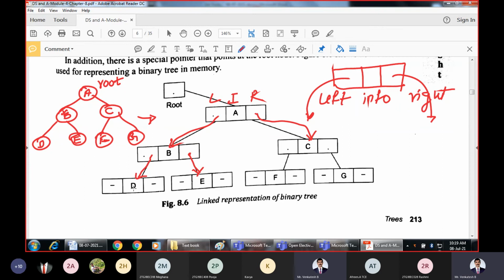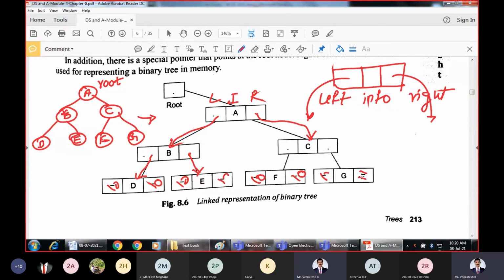Similarly for node D, it is not having any left subtree, so it contains a null value. The right subtree is not there, so it is going to contain a null value. Similarly for E, F and G, the left and right subtrees are null.